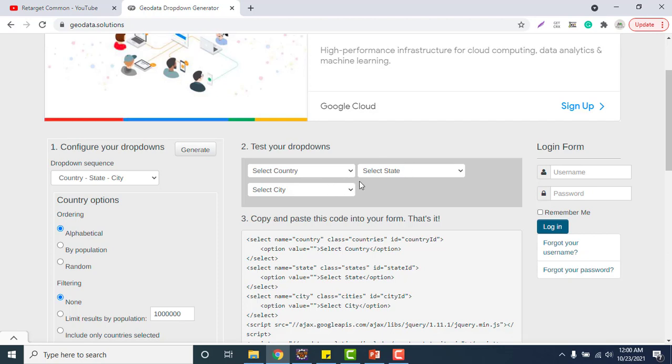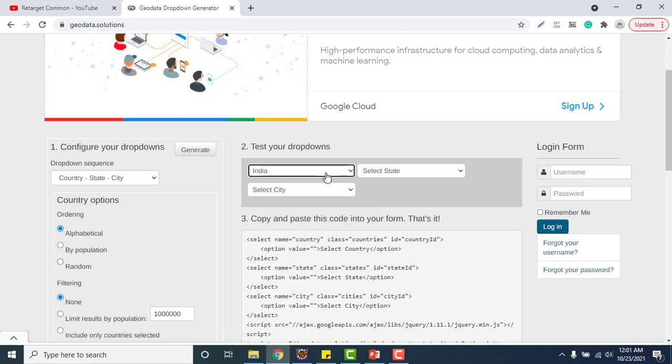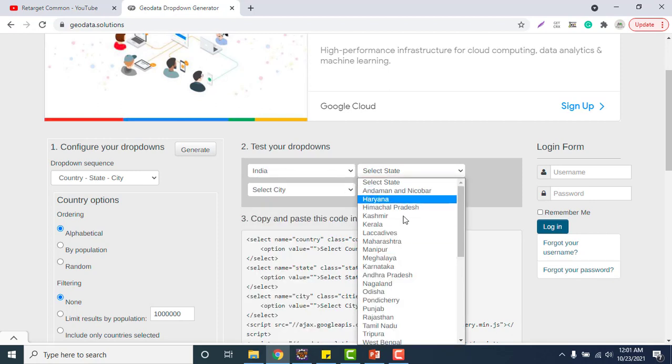Obviously, what state and city you see will depend upon what country you select, because in the United States the states and cities will be different from India. Suppose I select India here, then I will see all the states present in India, like Andaman, Nicobar, Haryana.